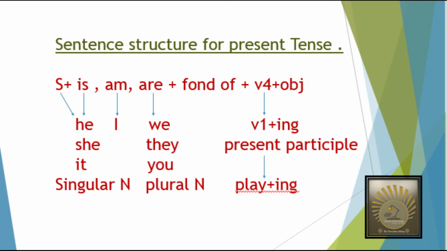And next we have fourth form of verb. What is fourth form of verb? When we attach first form of verb with ing, it is also called present participle. And here we have the example. For example, play is a verb and here we write ing with it, so it is called playing. So it is called the fourth form of verb, which is also called the present participle. So I hope you understand this.